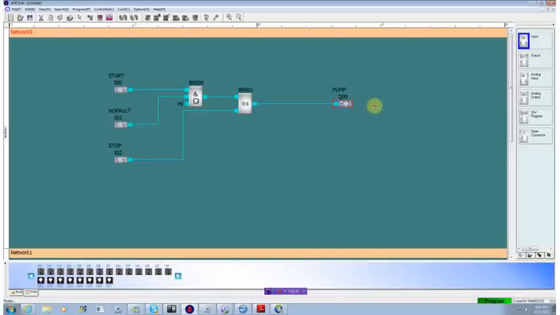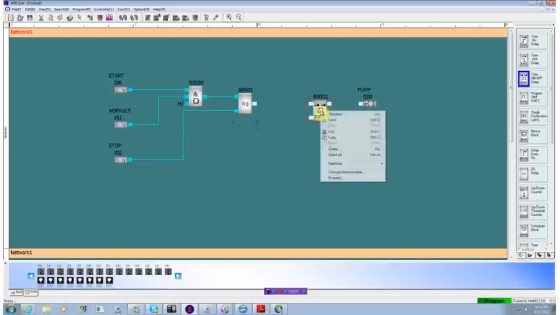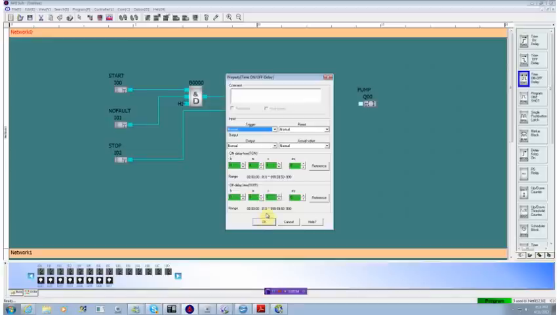Well, the next thing we want to add in is some time delays. Quite often we want a time on and a time off delay. So we'll break this connection and we'll go down to digital I/O again, and we see that we have something called a time on off delay. Sounds like it may fit, so we'll slide one of these in, go in and look at its properties,